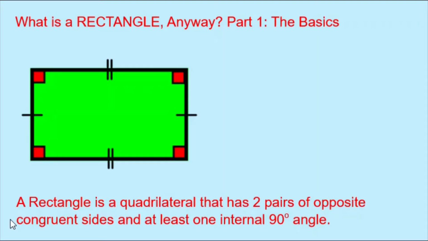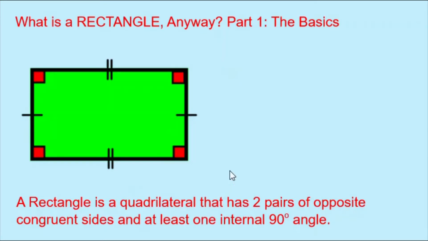Today's Daily Dose of Math is about the rectangle. We're going to start by finding out what a rectangle is. The definition of a rectangle is a quadrilateral that has two pairs of opposite congruent sides and at least one